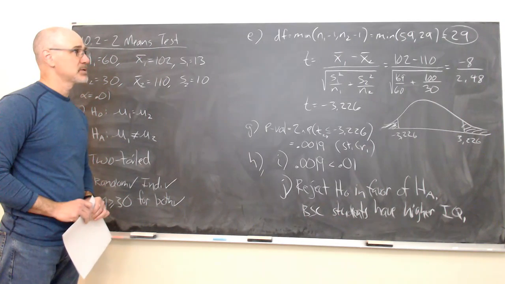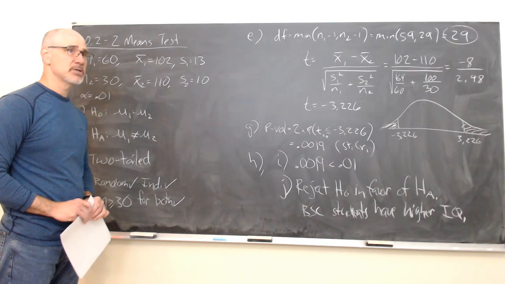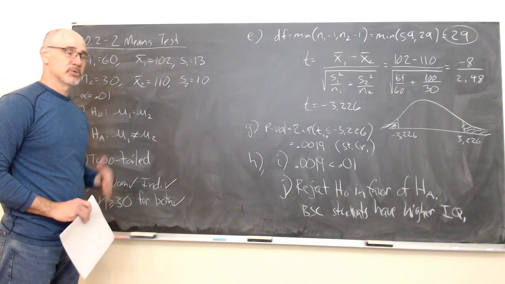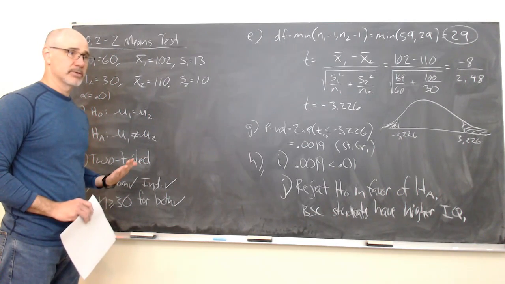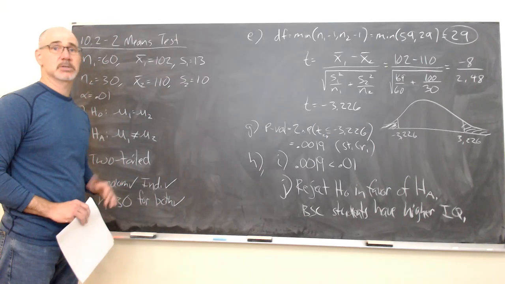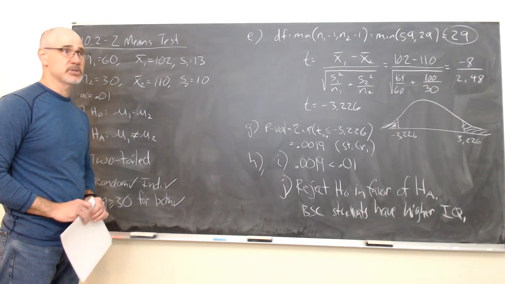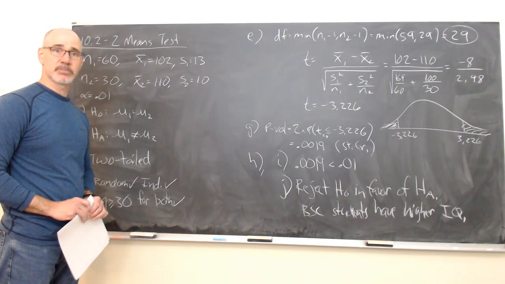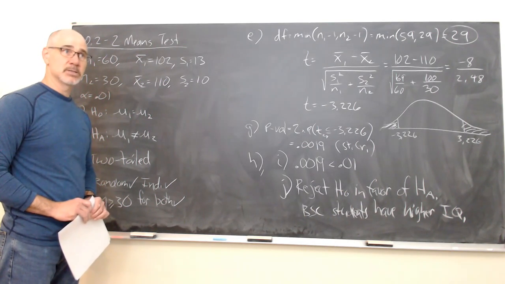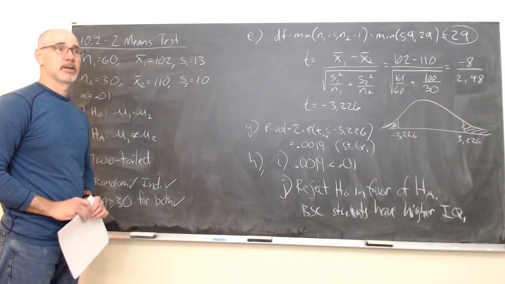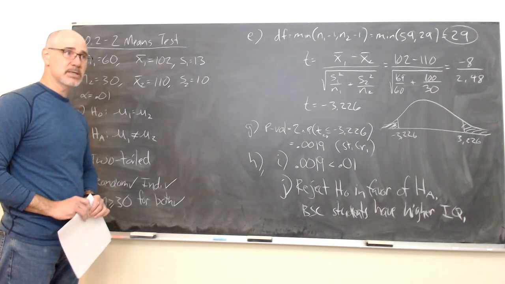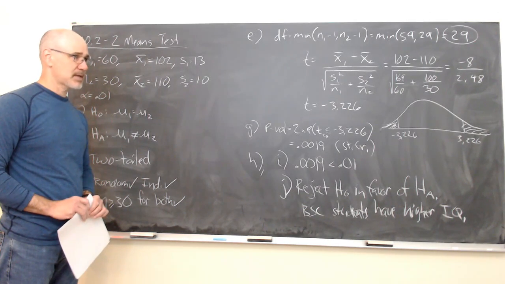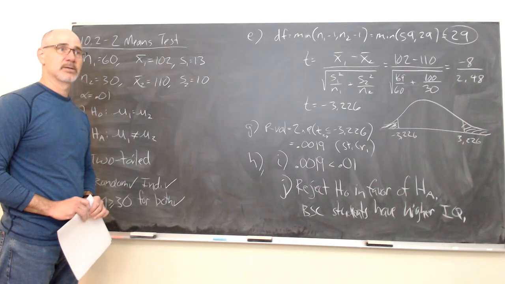And the idea is typically that there are two populations we're interested in and we think that they are different in some way. So structuring the test exactly like we do all the others, we temporarily assume there's no difference in the two populations, so that they have the same population means. We collect random samples from both populations, find the sample means in the two samples, compare them, and then see if there's enough of a difference in the two sample means to cast doubt on our assumption that there's no difference in the